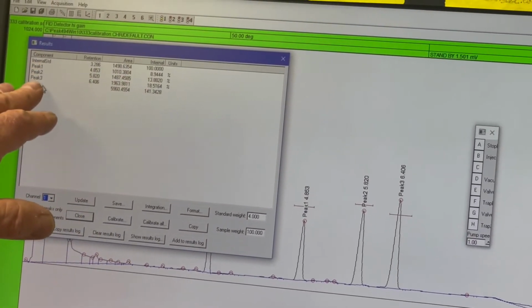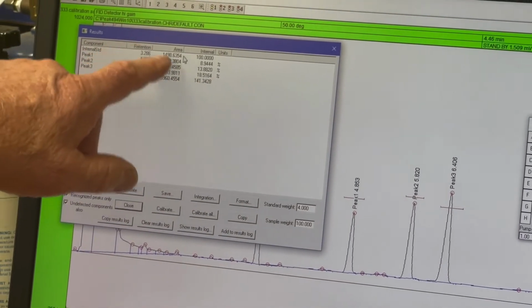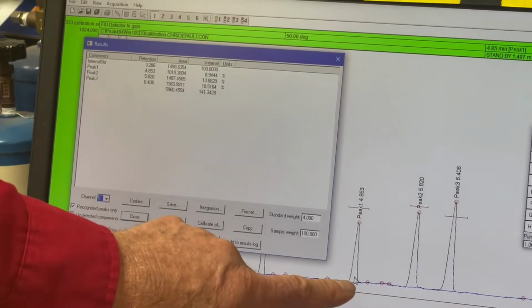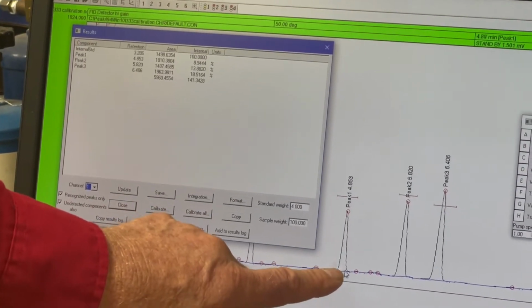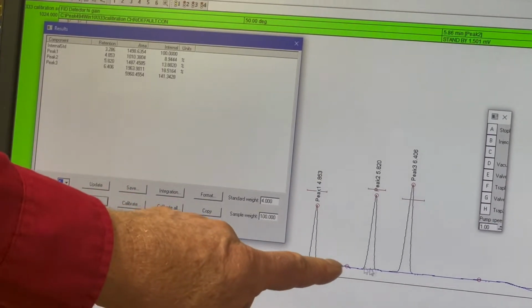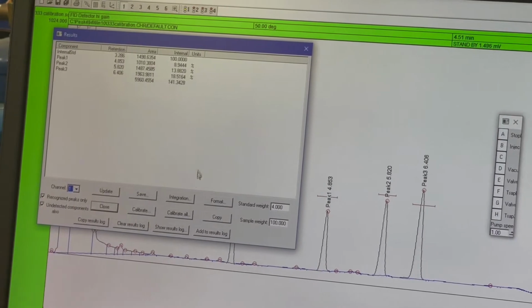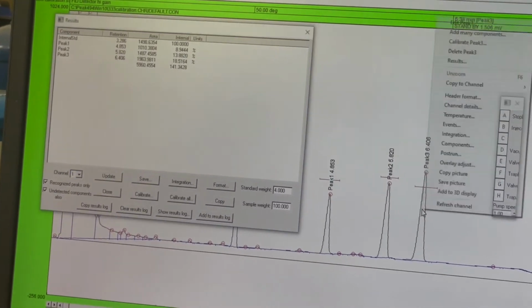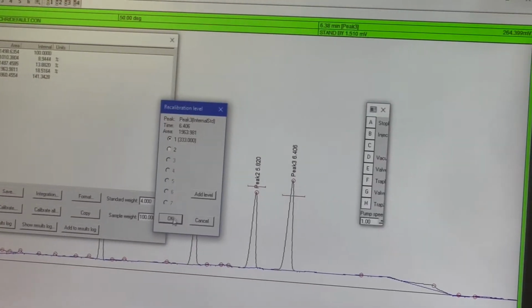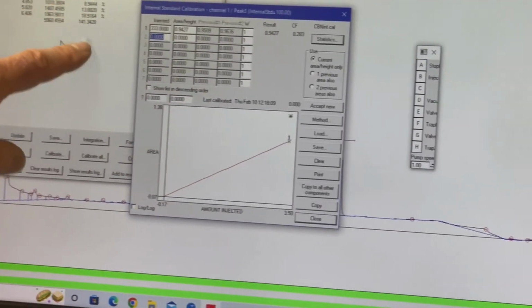So you got the name of the peak, the time the tippy top of the peak came out, that's the retention time. Then the size of the peak, which is all the area under the curve and above the blue baseline that PeakSimple constructs to figure out where the bottom of the peak is. And then finally, the calibrated answer. Calibrated answer, of course, comes from a calibration curve that relates the area of the peak to the numerical answer